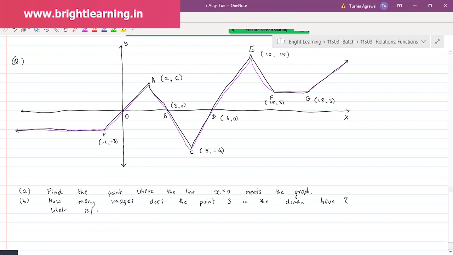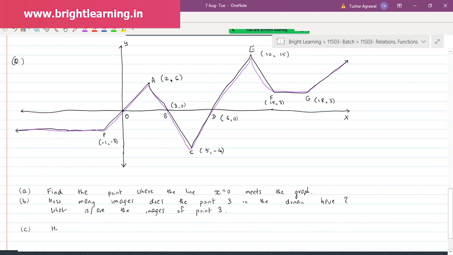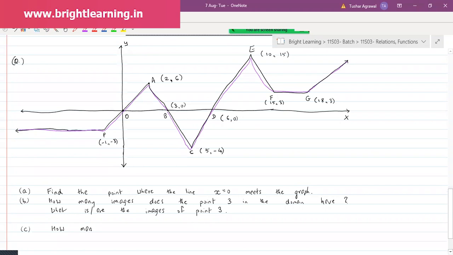What are the images of point 3? How many points of the domain